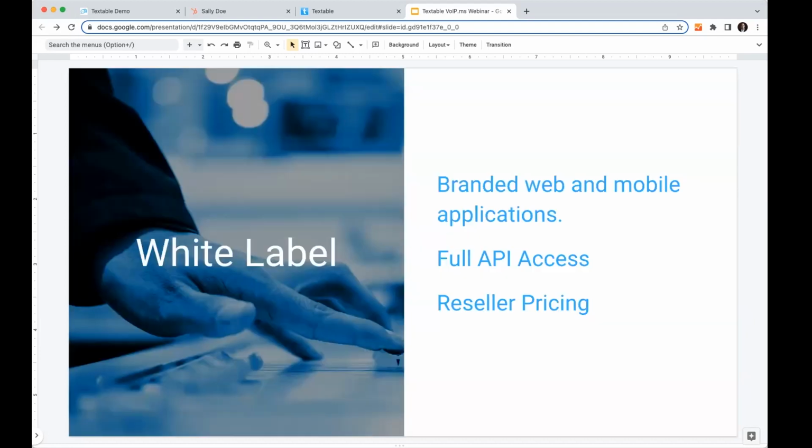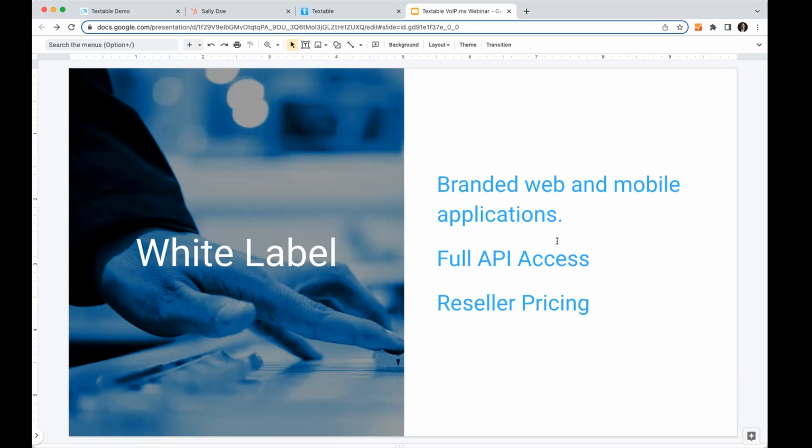I've touched on our white label a little bit. Basically what our white label is, it's a branded web and mobile application suite, generally for hosted voice resellers, someone who's selling some sort of phone service to a business. We do have some customers who are large enough to justify wanting their own white label. They need the API access that's not publicly available potentially, or they may be an agency and they offer this as a marketing service along the side. So that's usually our use case.